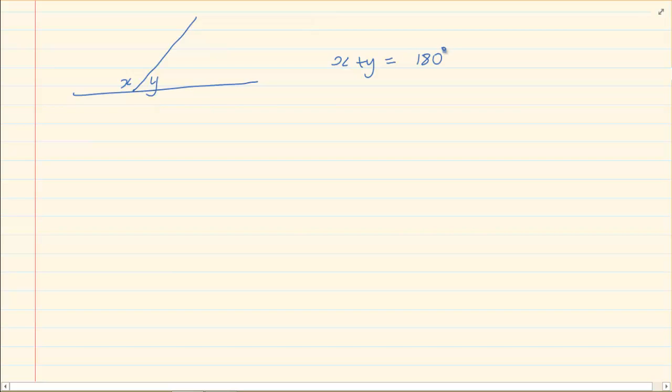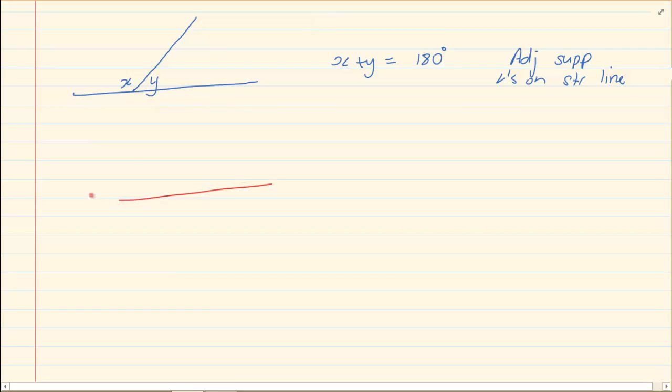Now that's not the problem. The problem is when you write incorrectly. When you're doing geometry, you have to have a statement after every deduction. So if you decided x plus y is equal to 180 degrees, you have to tell me why. Now this reason is actually called adjacent supplementary because it's 180 degrees, which comes from the word supplementary, and adjacent means next to each other. Now children do use the reason, angles on a straight line, and it is acceptable, but I don't like it. It's better that you use valid reason, and adjacent supplementary is the valid reason.